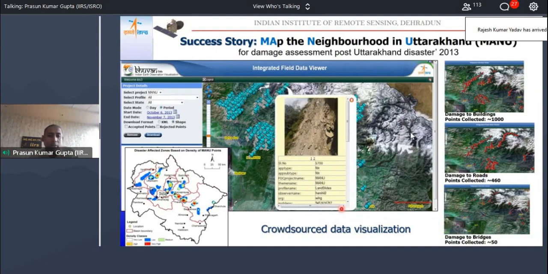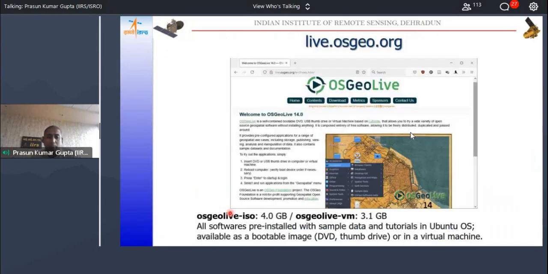Using roughly 30,000 points which were collected, real-time damage assessment was done so that help can be provided to the needy people.